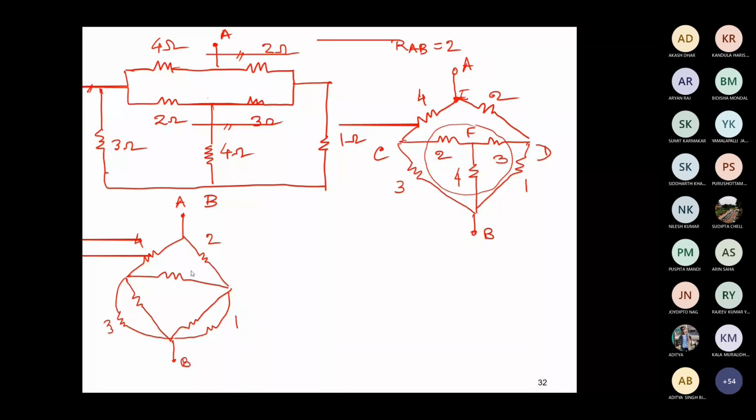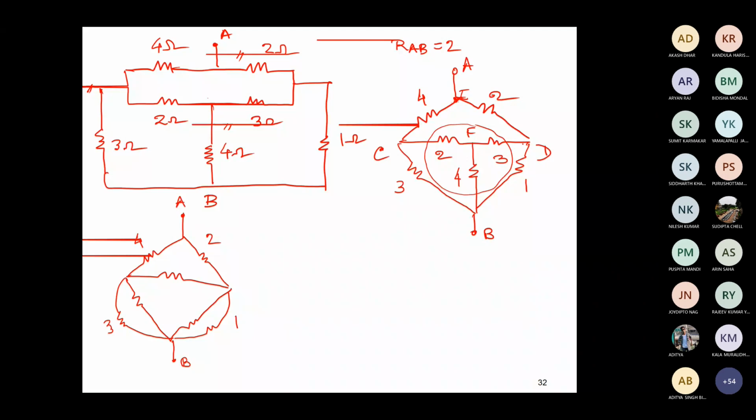Another approach can be, if you start converting these two triangles, CFB or BEF. I can't say that you will not be able to solve it. You can solve it, but that is another approach, and it will take maybe more number of steps. So this is the minimum number of conversions which we have to follow for the delta to star. So let us complete it.